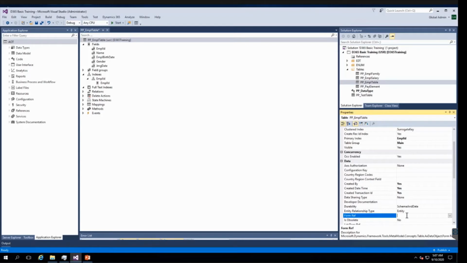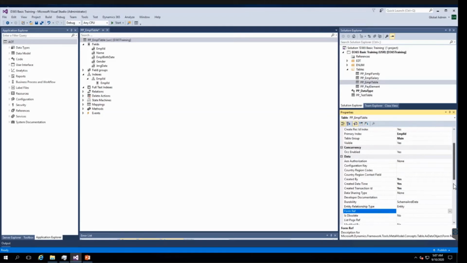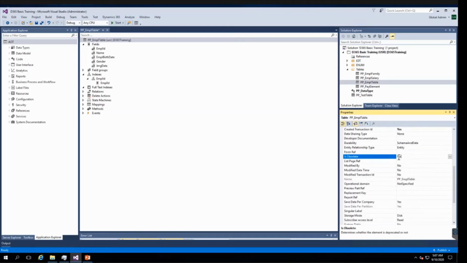Whenever we use the primary index, like we have this employee ID, if any form uses this employee ID, then this form is available as a link in the report or a form where we can right click or see view details options in D365. Right now we have not created our menu item, so we are leaving it blank. We will see it later, but this is a very important property, and it works based on the primary index. So there should be one primary index. Wherever this employee ID field is used, we can use this property form ref. We will see this practically when we come to the form.